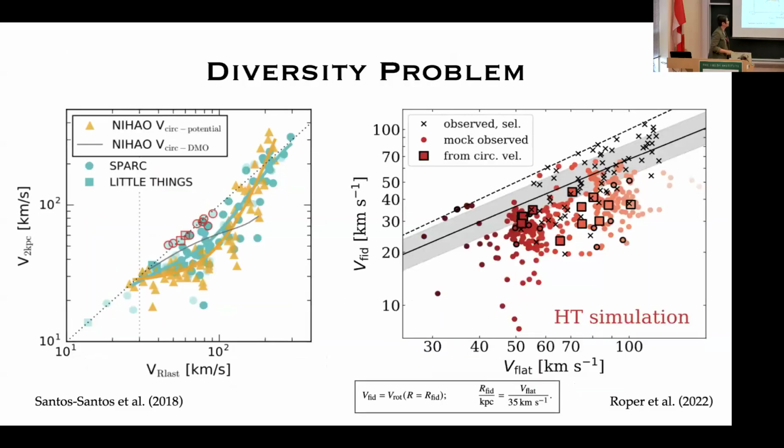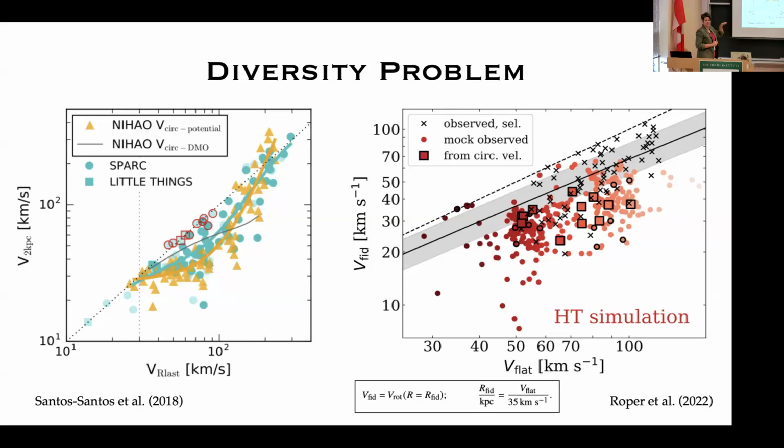And I think the NIHAO group was really the first group that responded to this. So again, here they plotted the velocity at 2 kpc versus their outermost rotation velocity. In blue, you are seeing real data from SPARC and LITTLE THINGS. And the gold here is the NIHAO results. And they said, yeah, we can make the slowly rising things, right? That's all these galaxies down here. But they highlighted that they can't make these, right? Which is all these ones that are circled in red. These are the steepest, the fastest rising rotation curves.